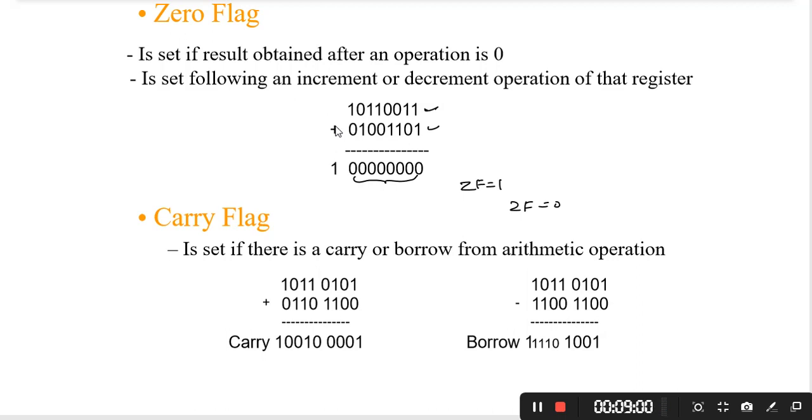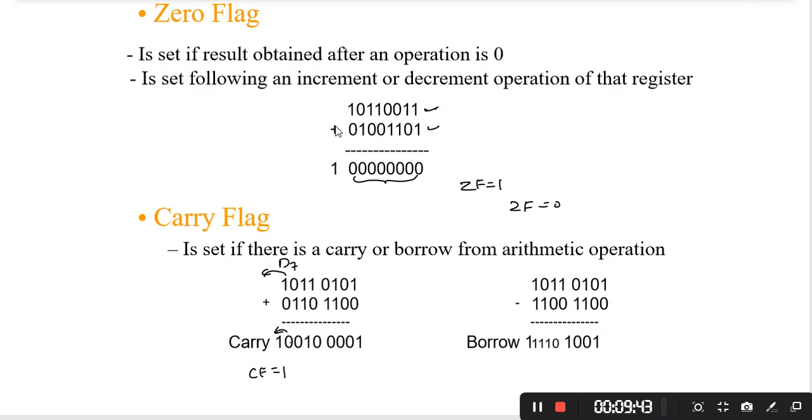The carry flag will be set whenever we do an operation with two data, meaning if we want to add two 8-bit data, and during the addition there is a carry from the D7 bit, then the carry flag will be 1. For example, if we add two numbers like 10001101 and 11011111, the result is 01101100. So here D7 will be 0, but there is a carry from the D7 bit, that's why the carry flag equals 1.